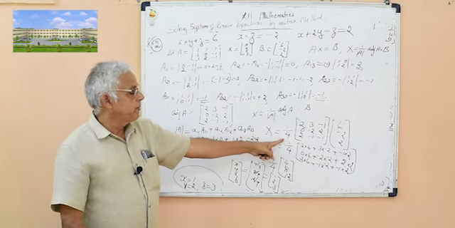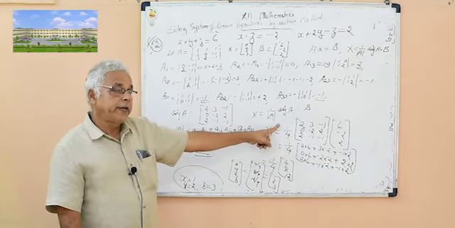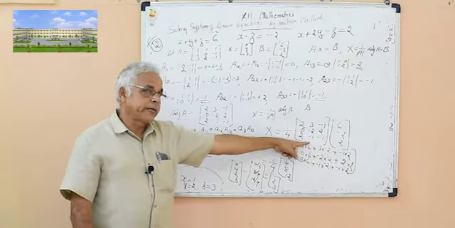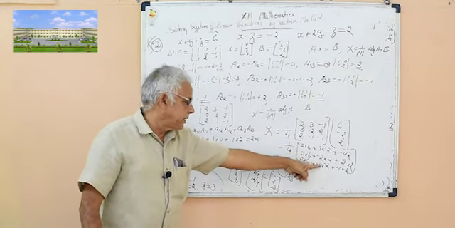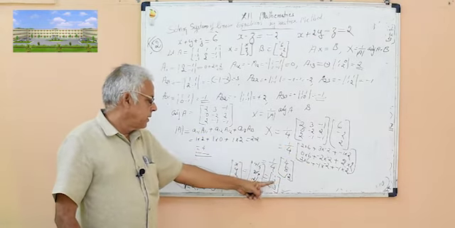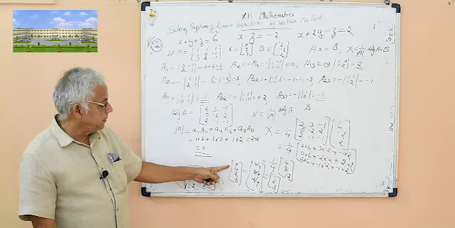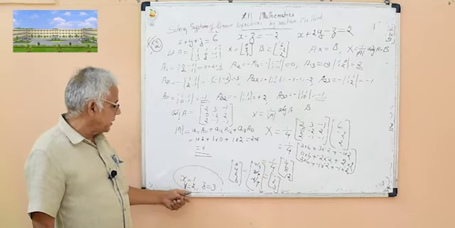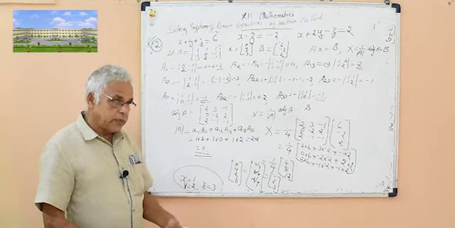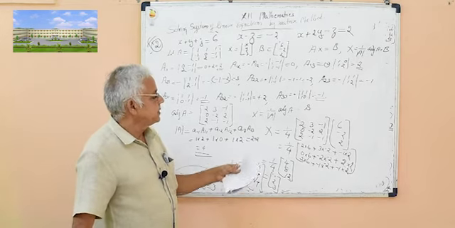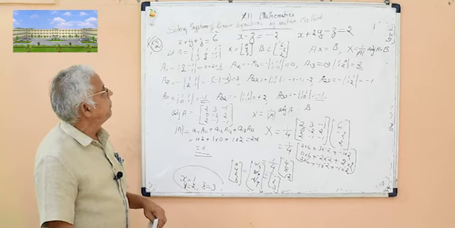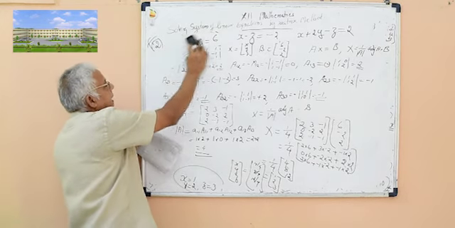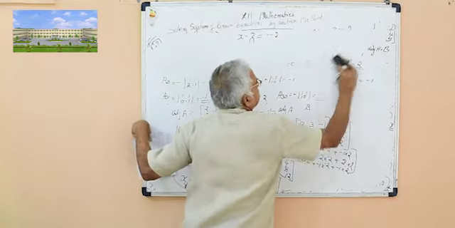Then substitute the values of determinant of A, adjoint of A and the right hand side constant matrix. Then by multiplication we get the result. The variable matrix is equal to 1, 2, 3, equating x is equal to 1, y is equal to 2, z is equal to 3. This is the method of solving a system of linear equations by the matrix method.